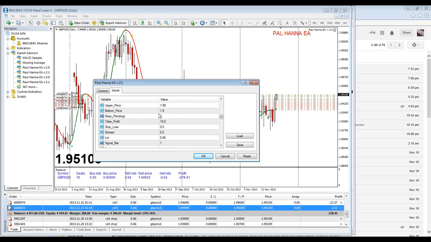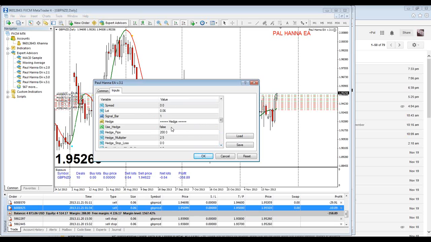This is the number of trades we're going to keep pending, and this is the profit we are taking. And the stop loss is nothing, spread is nothing, and the signal bar we're going to leave as is here. If we turn on the hedge,